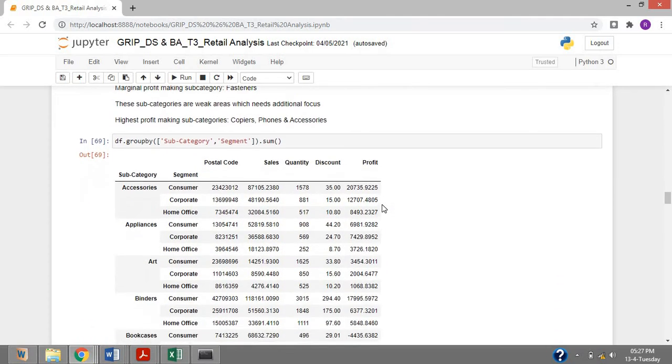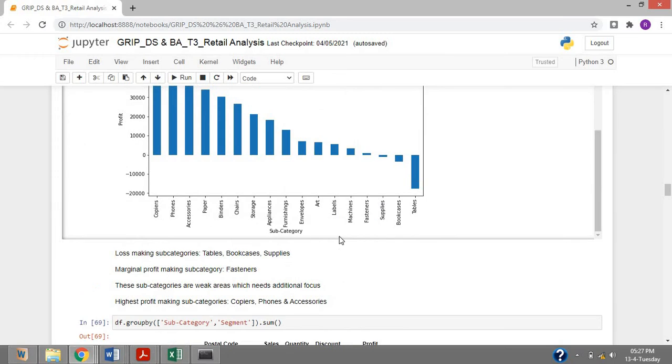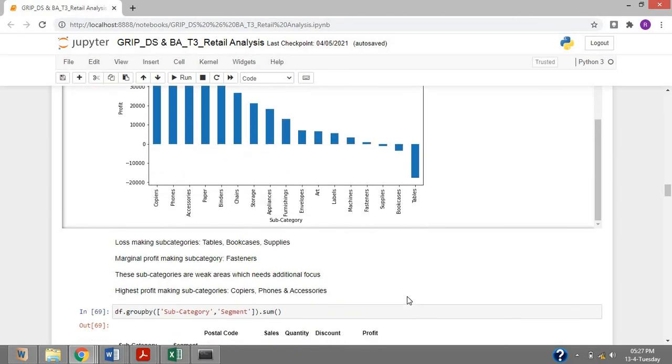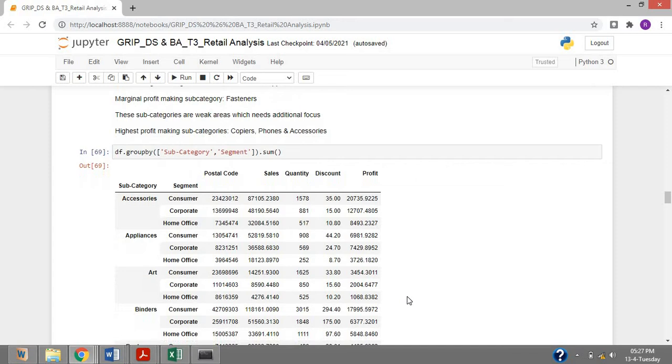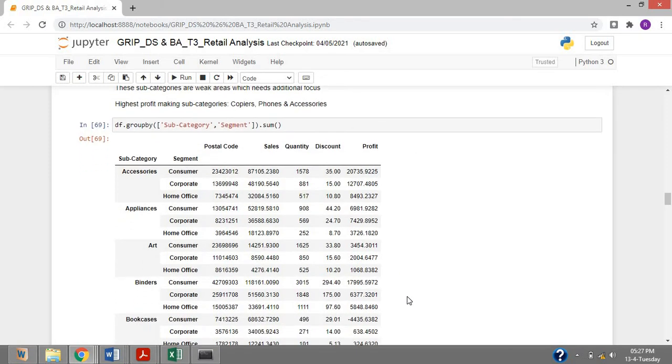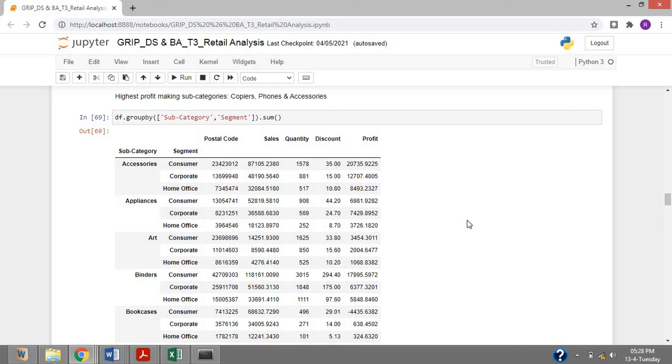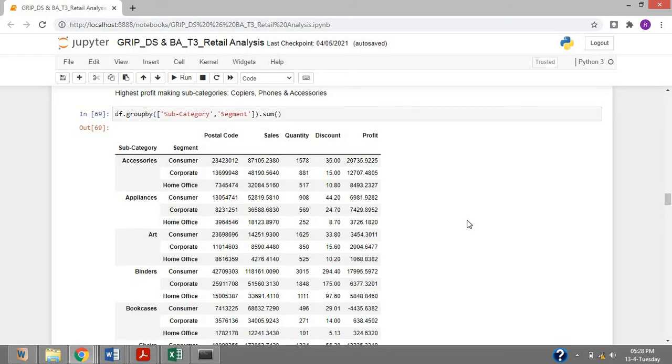So next, we have individually found out the profit share based on subcategory, category and segment wise. Now we will apply a multiple group by. So we will group by using the subcategory and the segment. So under each subcategory, do all the segments result in loss, or is it only that specific segment that is loss making? How do we do this? Using multiple group by.